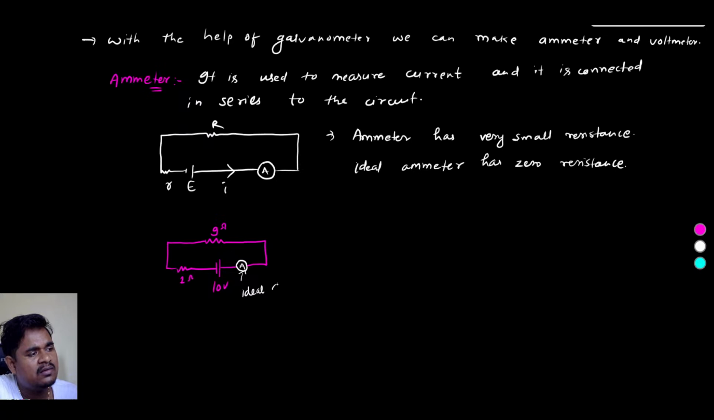So in that case, if I measure the current value, then current value will be how much? I will write I equals total potential by total resistance, 9 plus 1, that is 1. But in case of a non-ideal ammeter,